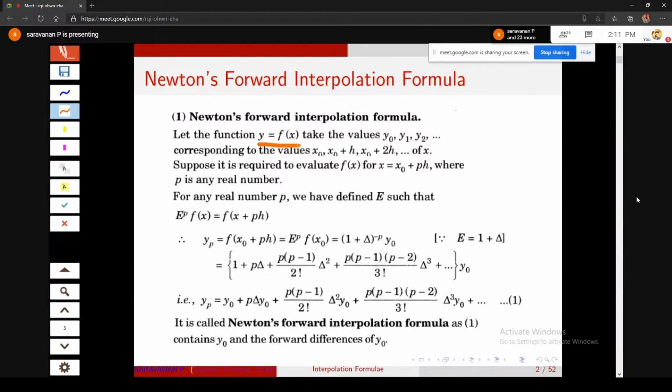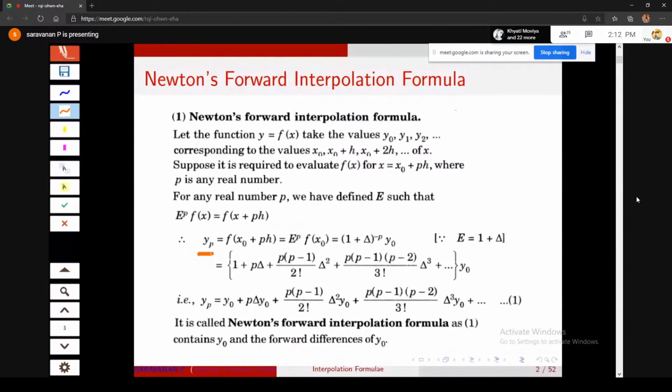You assume that y equal to f of x is a function, but we don't know the function. We know only the values of the function at x0, x0 plus h, that is x1, x0 plus 2h, that is x2, etc. The corresponding value is y0, y1, y2, etc. Suppose it is required to evaluate the value of f of x for x equal to x0 plus ph, where p is any real number. Okay. So as I told you earlier, I want to evaluate the value of y at x equal to 1.2. Okay. So in that case, what we do is, we already know that